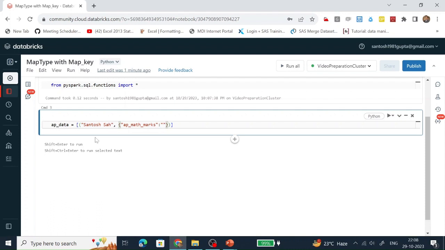And the value would be another object in the dictionary. Value would be string type.